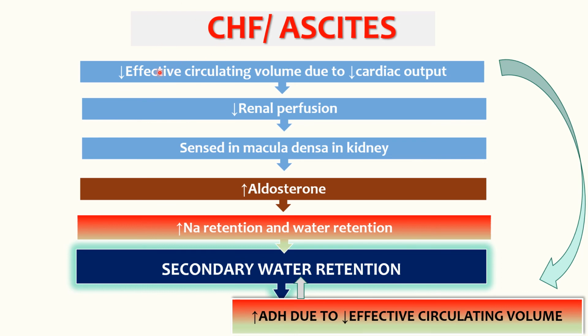But at the same time, decreased effective circulating volume leads to increased ADH. Because if you remember earlier, I told you that it is very important for the body to maintain the circulating volume. So even if there is a hypoosmolar state in your circulation, the decreased effective circulating volume overrides this and makes the posterior pituitary secrete ADH. This is very important. That is why the sodium absorption is very avid in this, and water retention is very avid, and the urine sodium is less than 30.